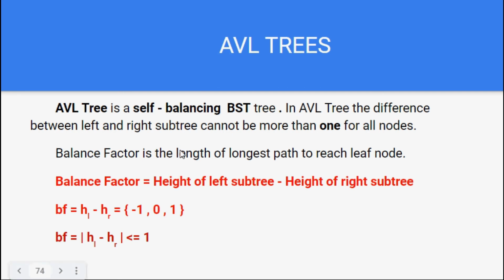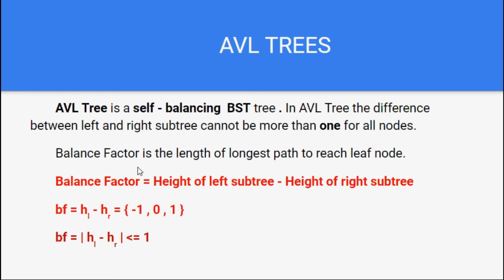Now, how are we going to calculate that balance factor? We are going to calculate the height of the left subtree, and the height of the right subtree, and then we are going to calculate the difference of both the heights. Now, we are saying the difference of both heights could be -1, 0 or 1. It cannot be any other number besides these three numbers. If the number is -2, we will say no, it is not balanced. If the number is 2, we'll say no, it is again not balanced.